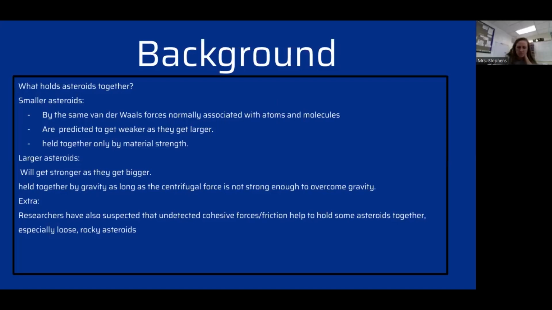For larger asteroids, they will get stronger as they get bigger, and they are held together by gravity as long as the centrifugal force is not strong enough to overcome the gravity. And the centrifugal force is an imperative force that acts outward on a body moving around the center and